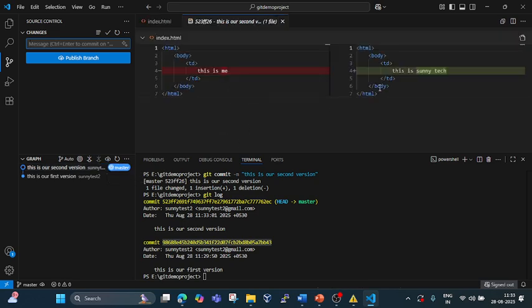You will find the difference between these two versions. Earlier it was "this is me", which shows in red, and this is Sunny Tech, which shows in green on the right side, which is our second version. By this way you can check the difference and you can roll back, as per your need.